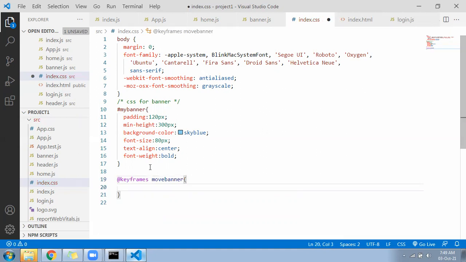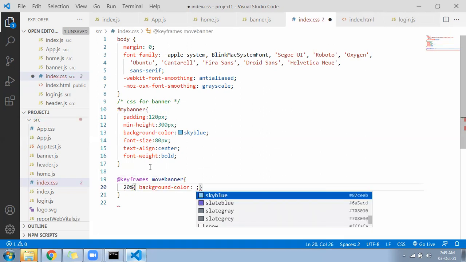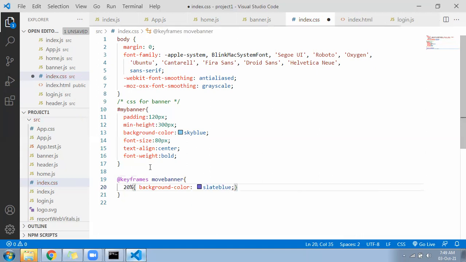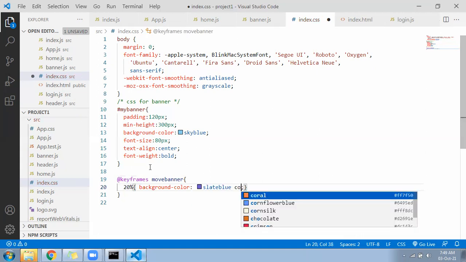Inside the keyframe, when 25% of time will get finished, we will say background color, some color, and then color as a white color.